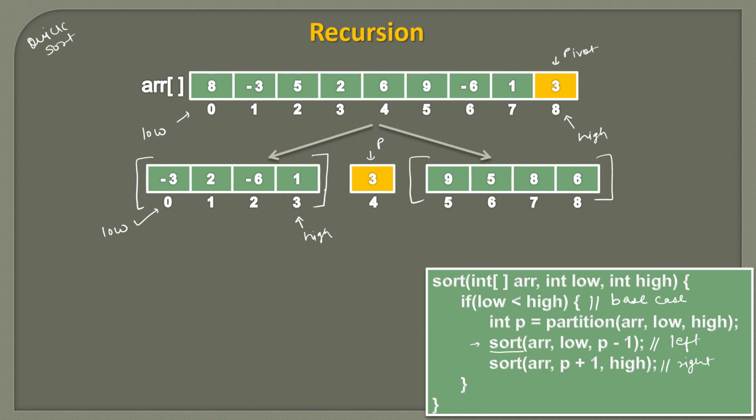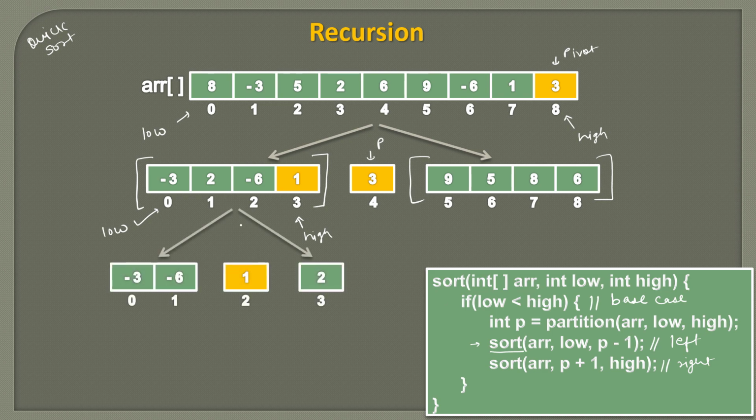So in the partition method, we will first choose the pivot element, which we have discussed is the last element. Now we need to do the reordering such that all the elements lesser than 1 come on one side and all elements greater than 1 come on the other side. So the partition method will reorder the array in such a way that it looks like this. This part has the elements which are lesser than the pivot and this part has the elements which are greater than the pivot, which is 1. But here the index we get is 2, because it returns the final position of the pivot. So index 2 will be returned.